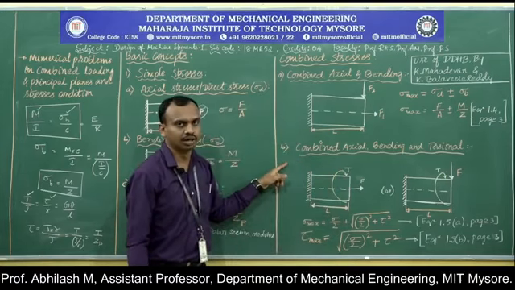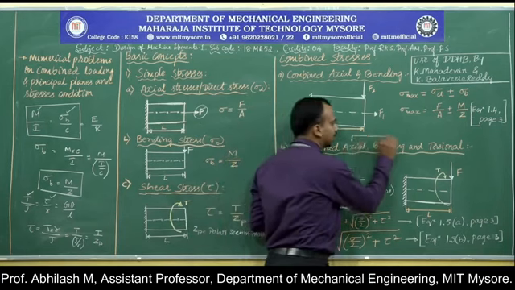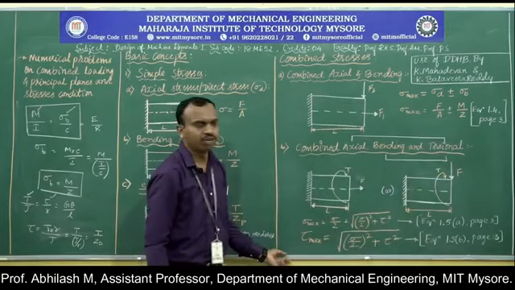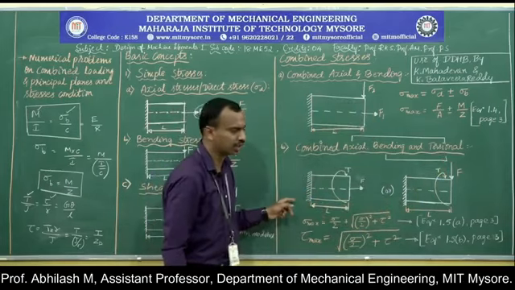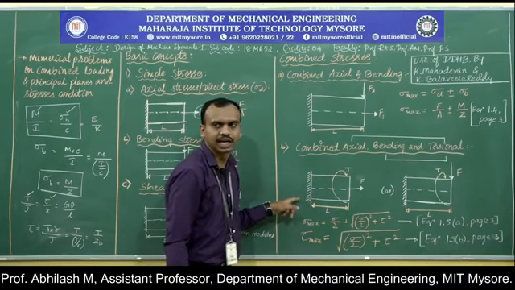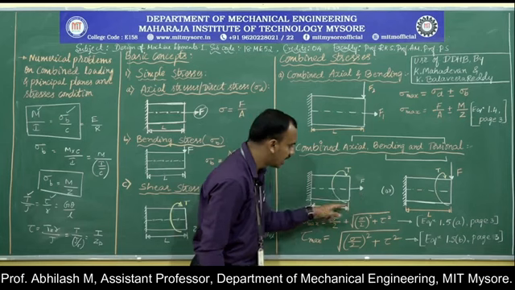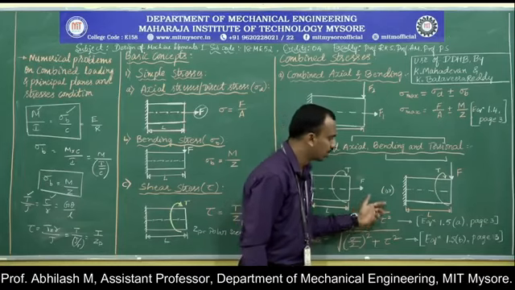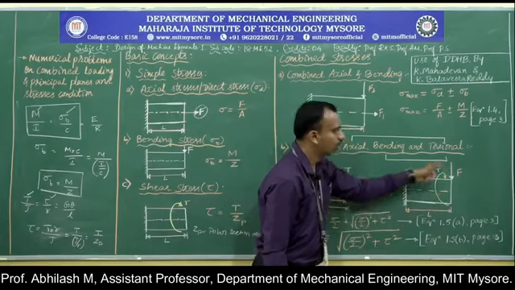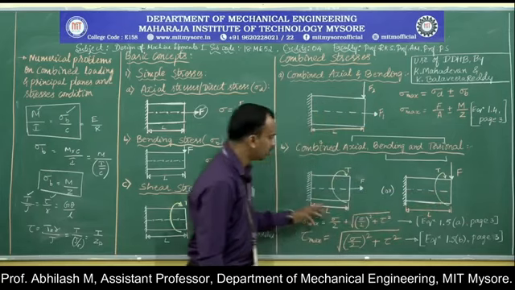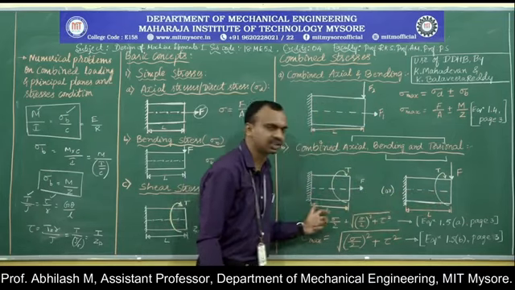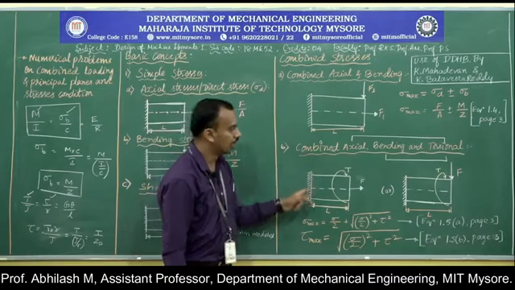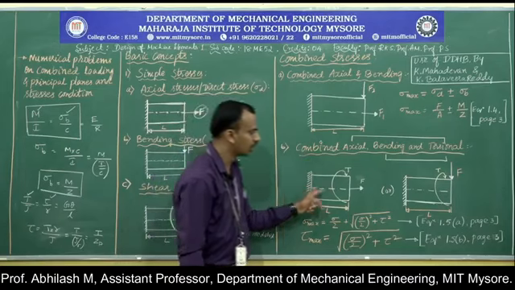Now the other combination could be between the axial and torsional load, or between the bending and torsional load. We have taken two different sketches in order to understand the concept. The first sketch indicates a combination of axial as well as torsional load. The second case is a combination of bending along with the torsional load, and both equations are similar. So what is the maximum stress under these circumstances? We are supposed to understand two different concepts in order to get the equation for the maximum stress that is developed because of these two conditions.